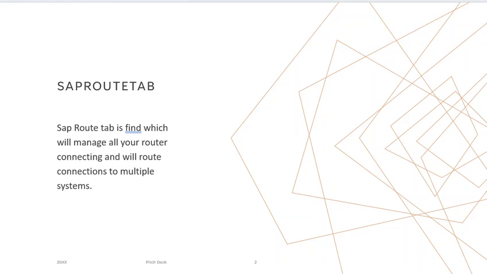Now, let me give you an example. If SAP wants to connect to your SAP network, then what does SAP do? SAP asks you to open saprouttab, or the SAP entries which are available inside your saprouttab. Then if everything is fine, SAP will connect. At the same time, if any user wants to connect through the internet, then by maintaining these SAP router entries, we can connect to your direct